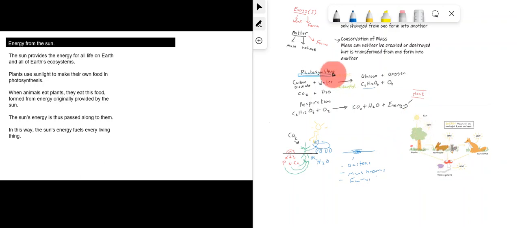So why are plants photosynthesizing and taking energy from the sun? Well, they need that energy in order to do the work that they need to do to keep their form and to carry out all the functions that they carry out. Why are animals eating plants? Because they need to get the glucose, because they need the energy to do all the work to keep their form, to keep their bodies functioning, etc. And that's why we eat as well, to keep our bodies functioning and to keep the form that we have. So in this way, the sun's energy fuels every living thing on the planet.